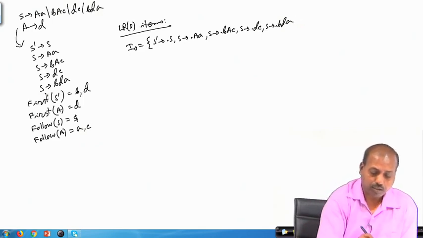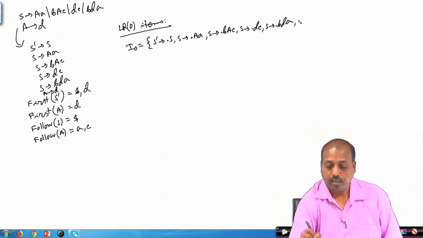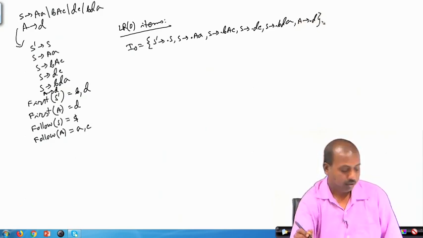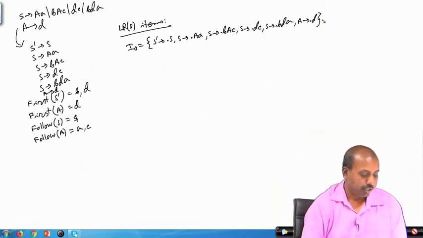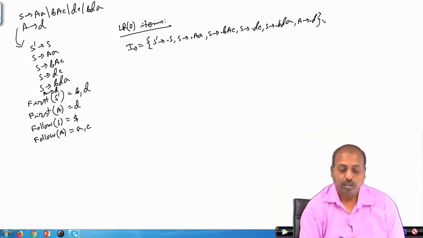Oh, the other rule is there, A producing D, which is not written here, so A producing dot D. So, this is the LR0 item I0.